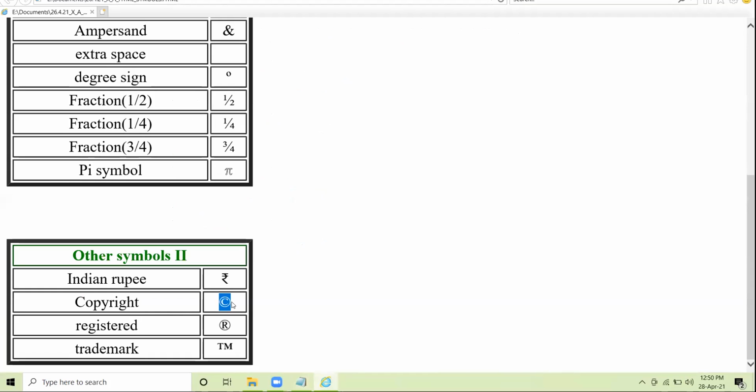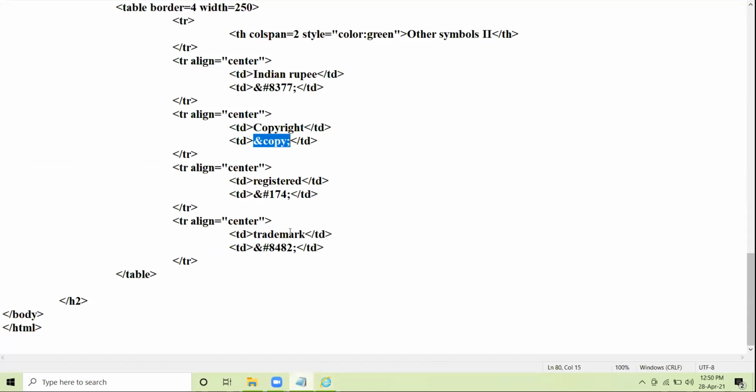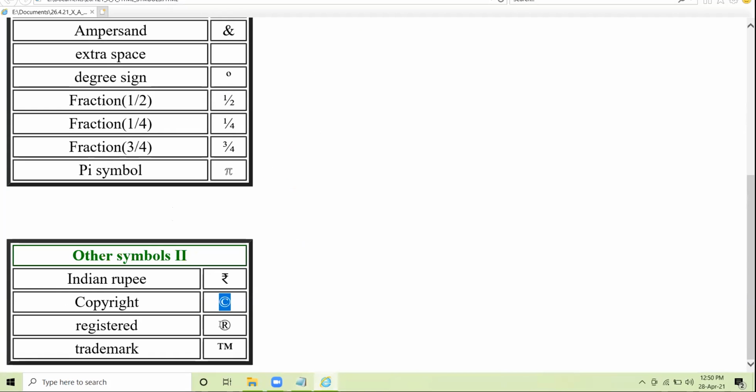A web page question was there in which this symbol was drawn, and students directly drew C in the circle. But the actual code is ampersand copy semicolon. Then registered trademark: ampersand hash 174 semicolon. This is the symbol for registered trademark.